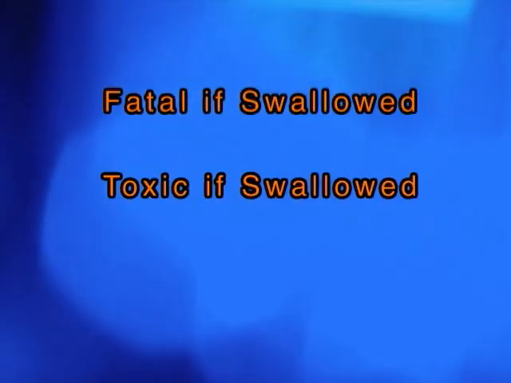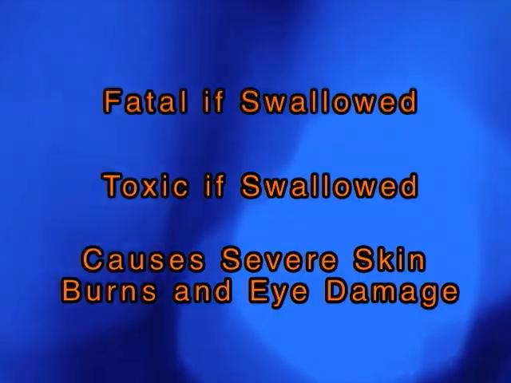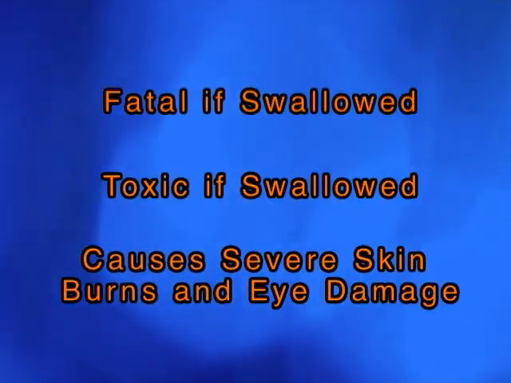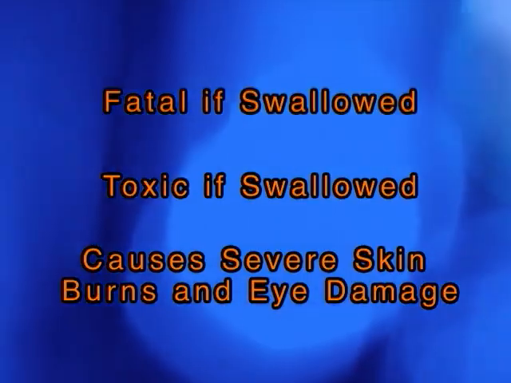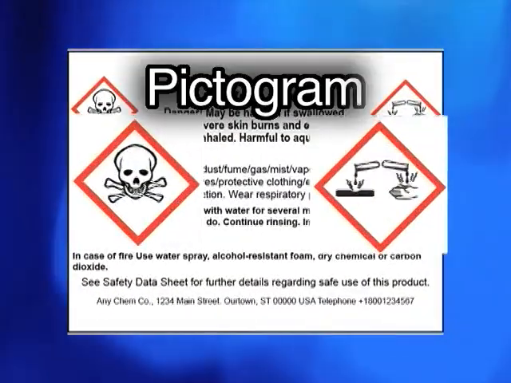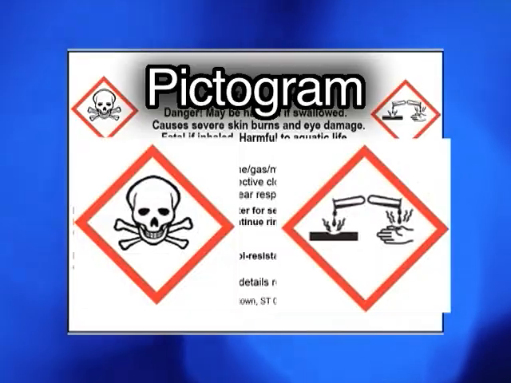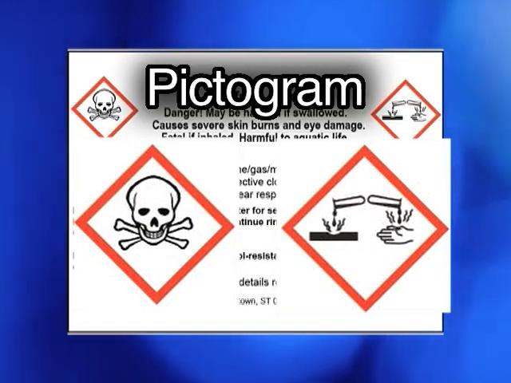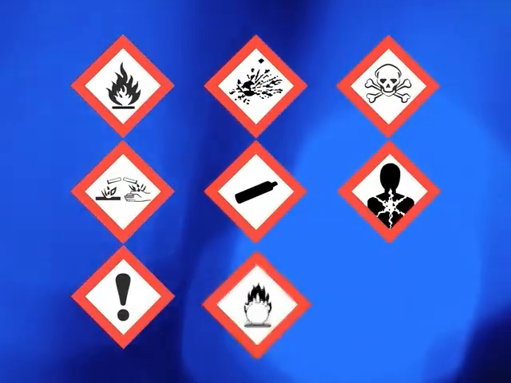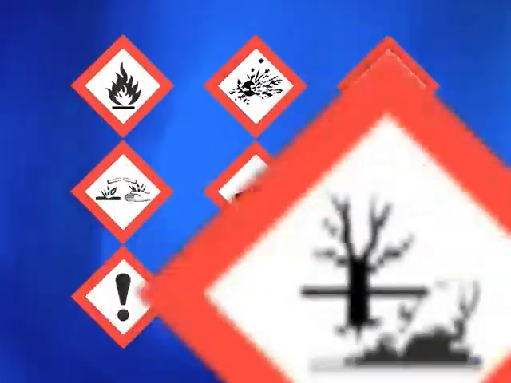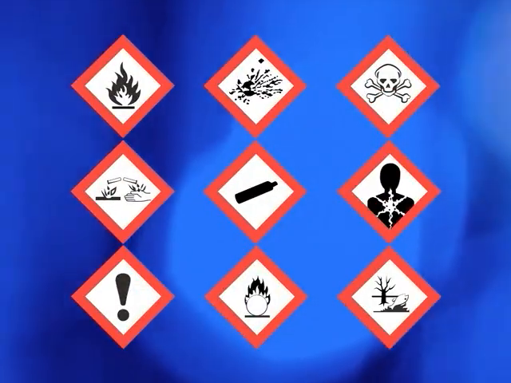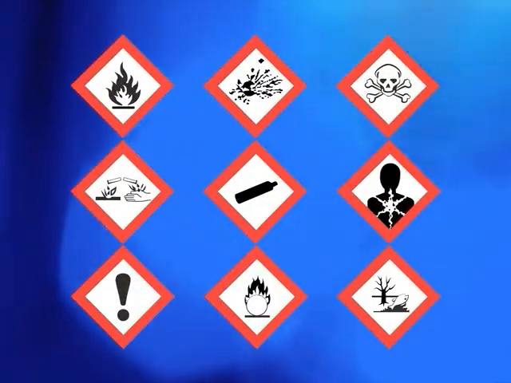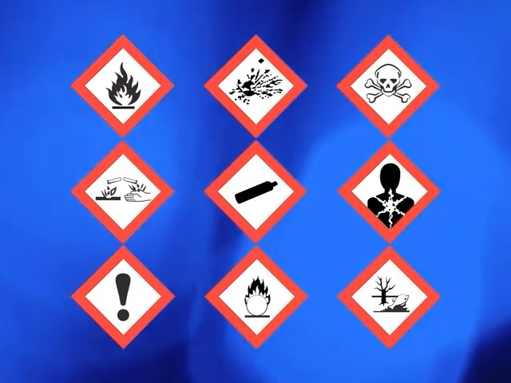Statements such as "fatal if swallowed," "toxic if swallowed," and "causes severe skin burns and eye damage" are some examples of hazard statements. Pictogram: a composition which is intended to convey specific health and physical hazard information about the chemical. OSHA has mandated 8 specific pictograms to be used on chemical labels. A 9th pictogram is part of GHS, but not mandated by OSHA, as the area it covers is regulated by